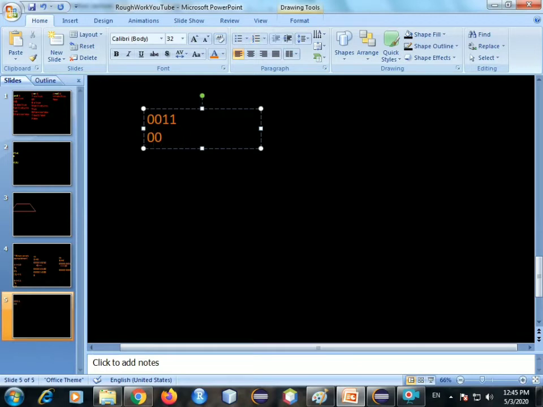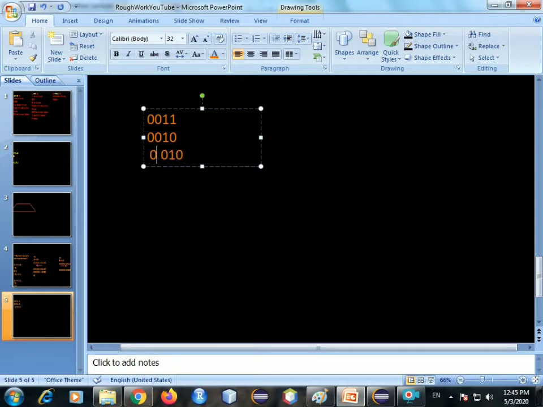0010. Okay, the answer that you get is, first start from the right hand side. 1 and 0 will give you what? 1 and 0 gives us 0, right? 1 and 1 gives us 1, right? 0 and 0 gives us 0.